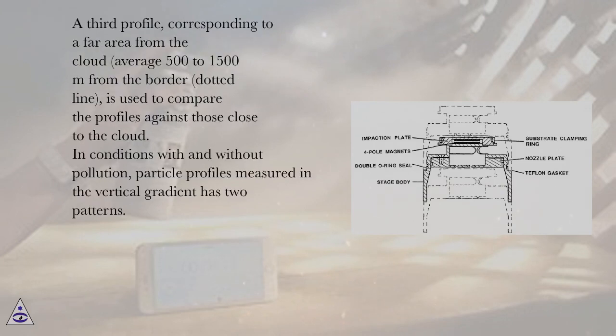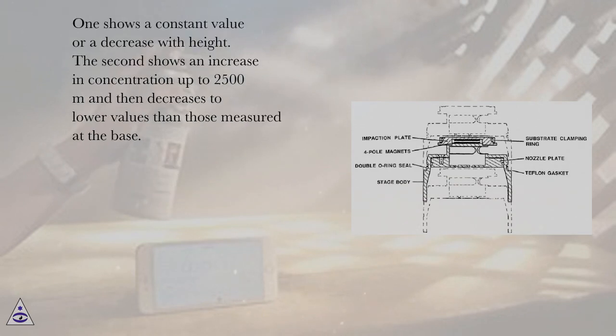A third profile, corresponding to a far area from the cloud, average 500 to 1,500 meters from the border, dotted line, is used to compare the profiles against those close to the cloud. In conditions with and without pollution, particle profiles measured in the vertical gradient have two patterns. One shows a constant value or a decrease with height. The second shows an increase in concentration up to 2,500 meters and then decreases to lower values than those measured